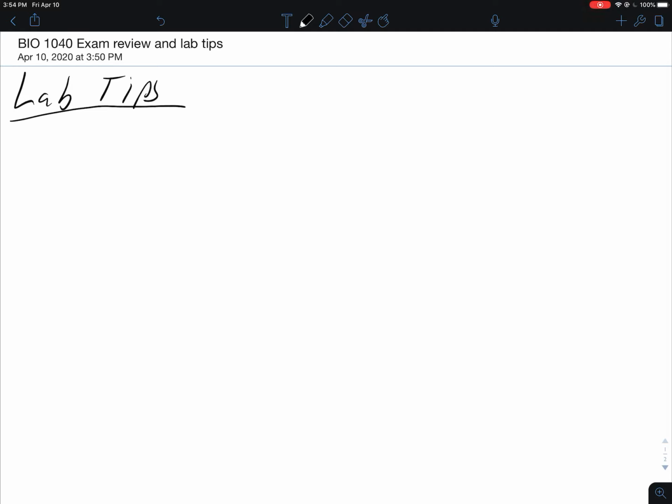So let's go through a couple tips on ways to try to be a little bit more successful in those labs, okay? So, number 1 is to be thorough, okay? So that means thorough with the experiments. Okay, so very detailed, making sure that you're following the instructions carefully, making sure you're doing everything that it says,